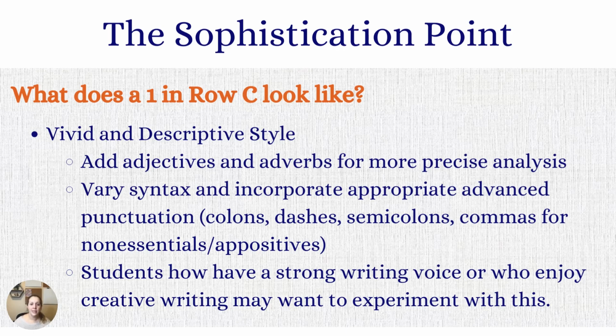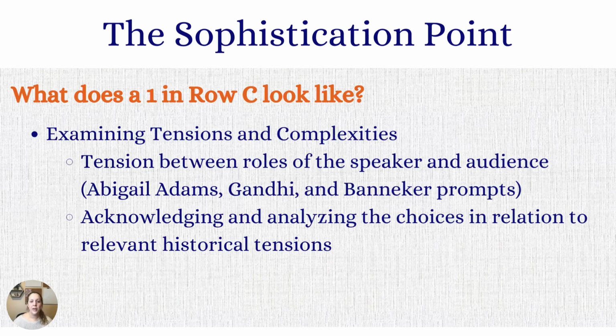There are 3 different ways to earn sophistication. We've talked about 2 of them, but keep in mind that you only technically need to do 1 to earn the point. So let's talk about the 3rd way to earn the sophistication point, and that is by examining tensions and complexities. In some sense, I think the examining tensions and complexities method of sophistication might be the most difficult